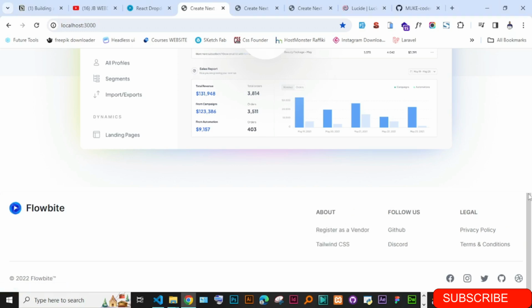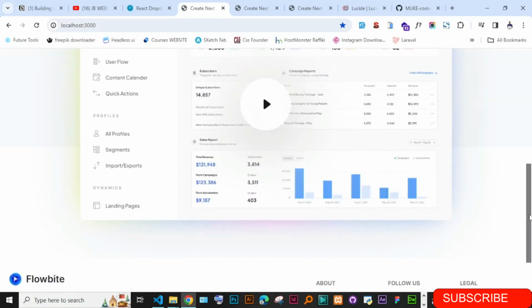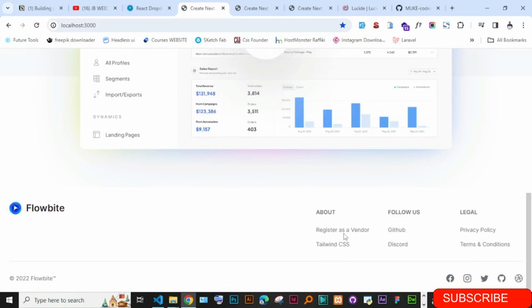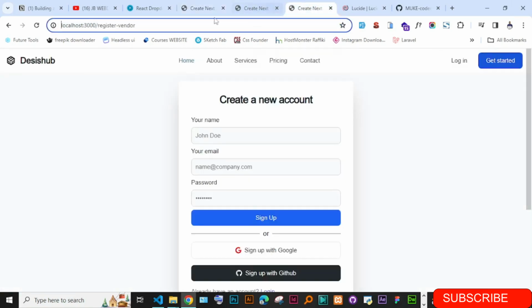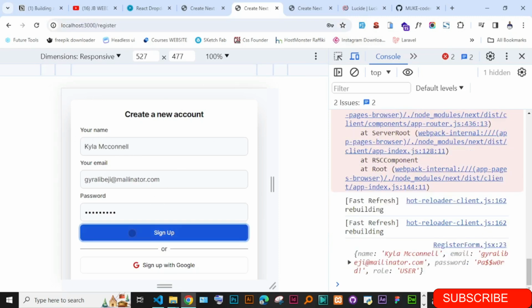Okay, this one doesn't need to be put here, or if you just put an app somewhere, you have to clearly say that you are registering as a vendor here. When someone clicks it, it will take them to this register vendor page, and then the normal users use this normal registration. Now the difference is, if right now we submit data and try to sign up, now you look